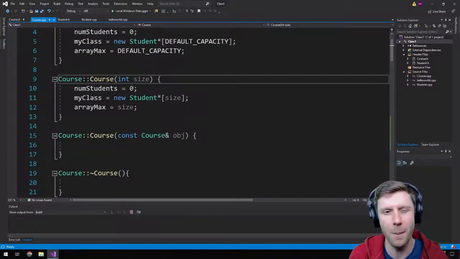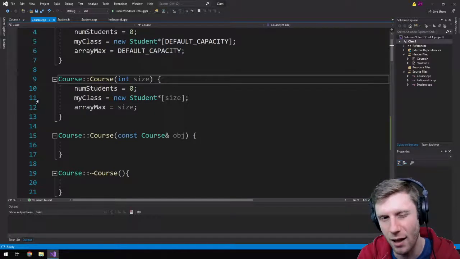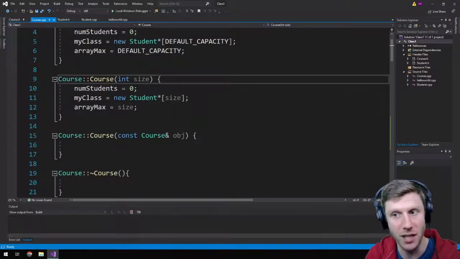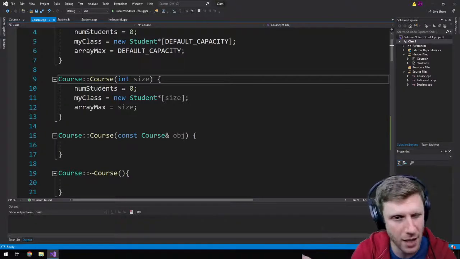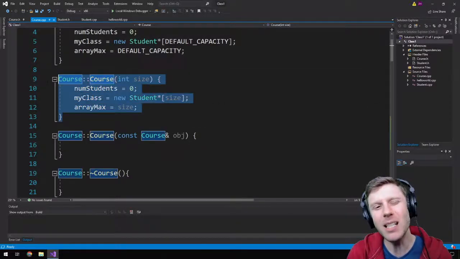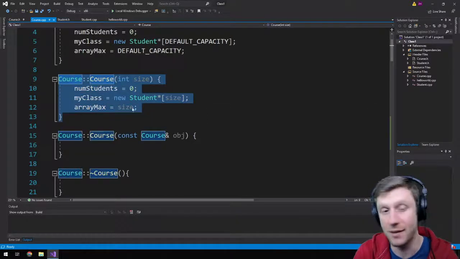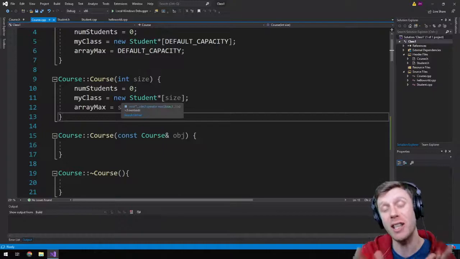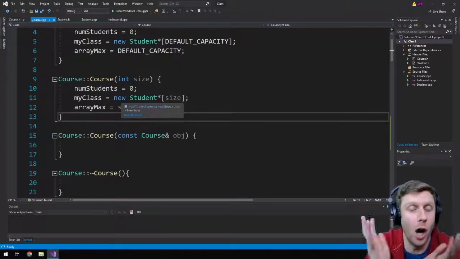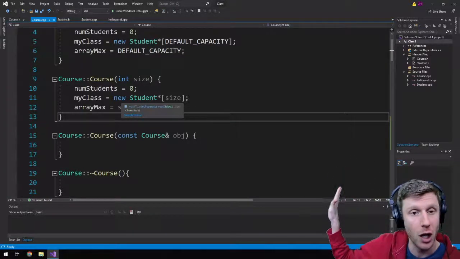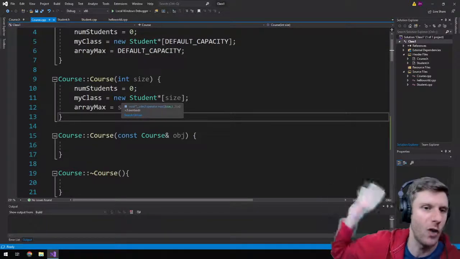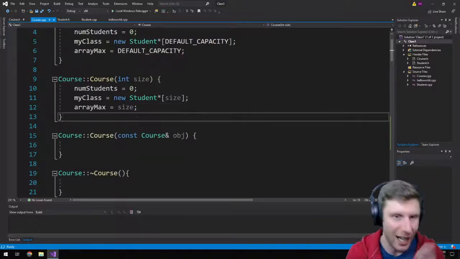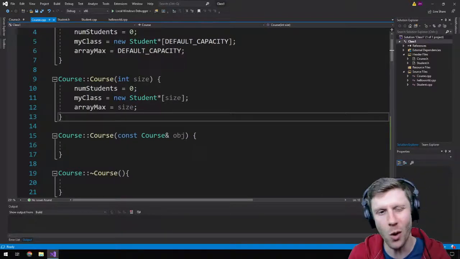So the method that belongs to the country catalog is the one creating the new array of pointers to country objects. But just because that method inside that class created it, it returned that pointer to the calling function somewhere else in the code. So it's somewhere else in the code that is now responsible for that memory, whereas in this case, the course object